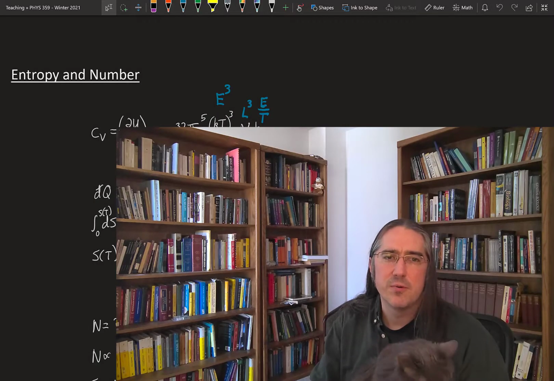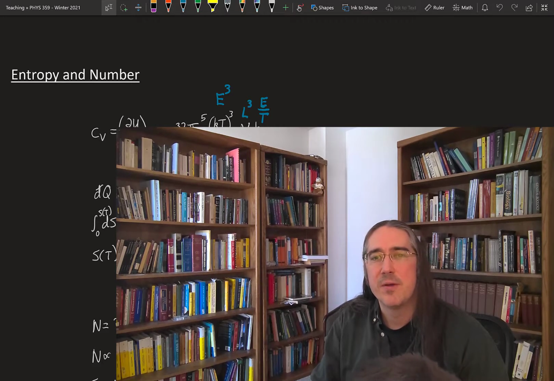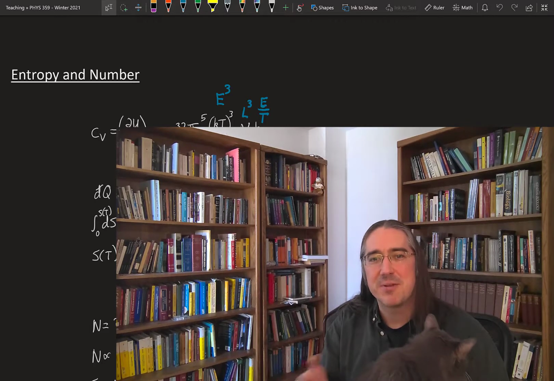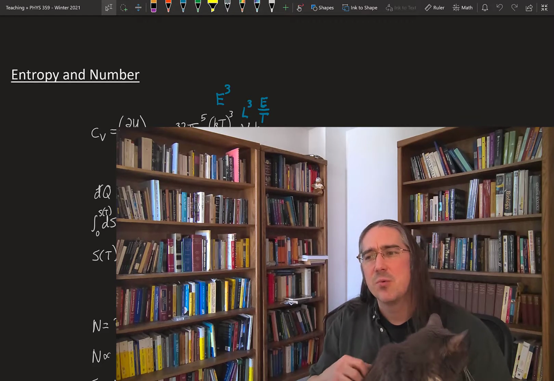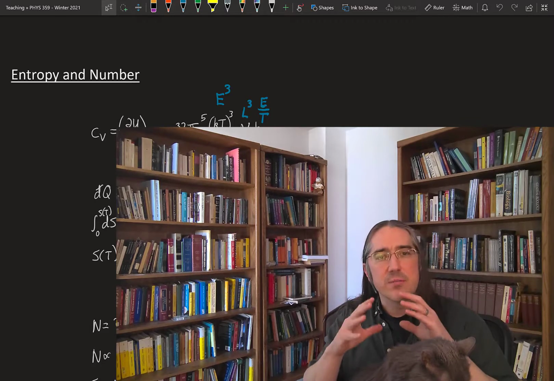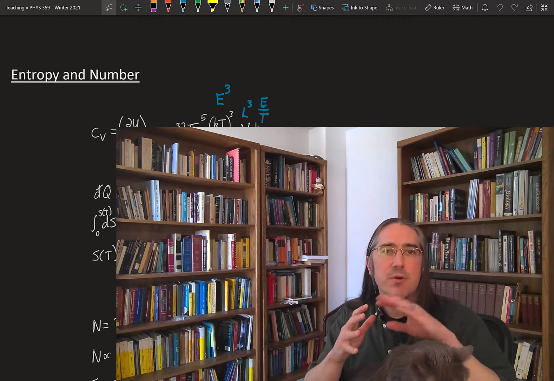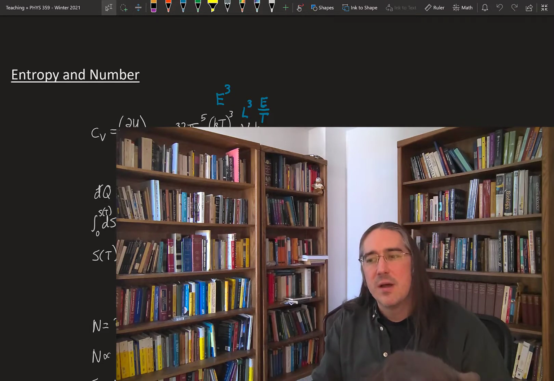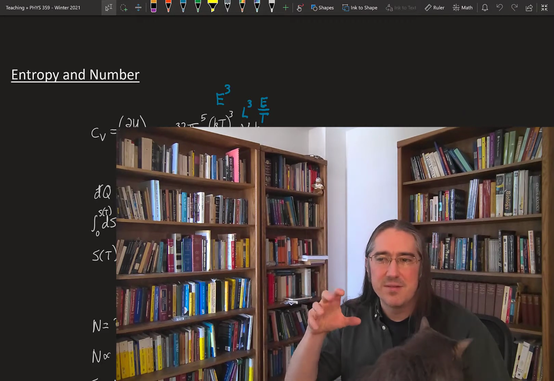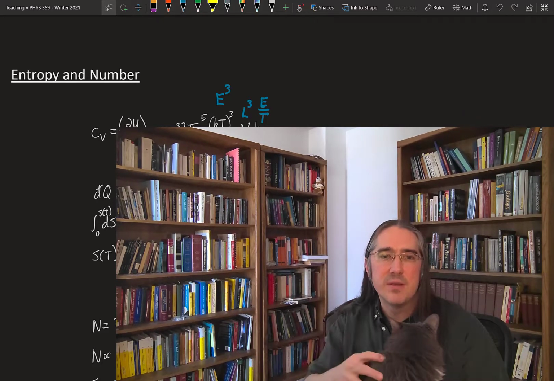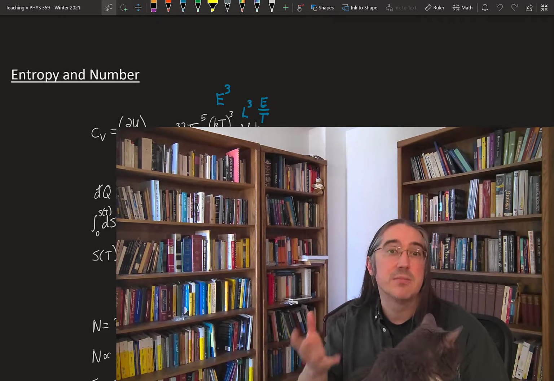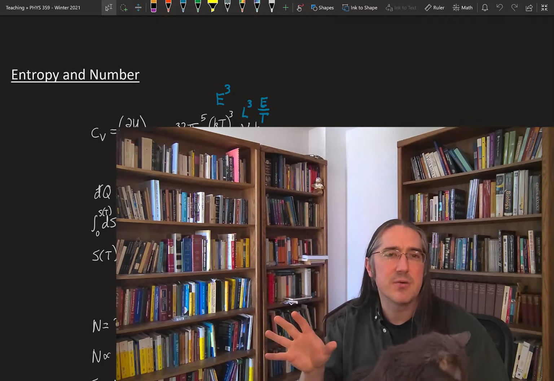So one note before we move on to talk about entropy and number, I realized I said in the last section, this is the black body spectrum, but I never actually explained what a black body is. So when we talk about these photons inside of a cavity, the idea is that they're completely trapped in there so that there's sort of perfect interaction and everything is thermalized. If you had instead a thing that could radiate energy away, then it might or might not be at thermal equilibrium with the radiation that it's emitting. Right? If it's emitting it, the radiation's getting away.